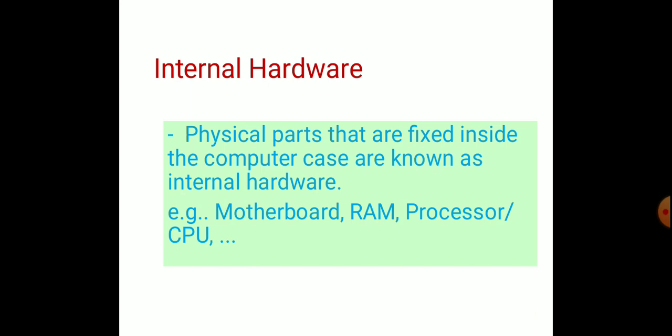It is not visible externally. So when we open the computer case, we can see the internal parts. So the internal parts of the computer are called internal hardware devices. Basically the physical parts that are fixed inside the computer case are known as internal hardware.